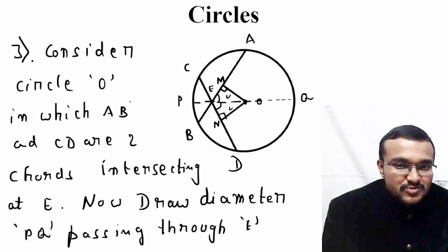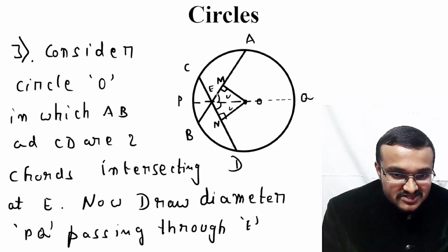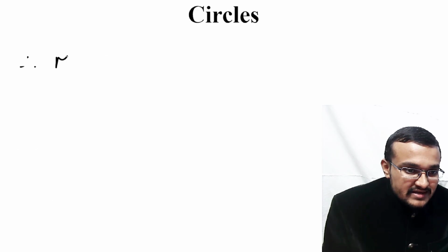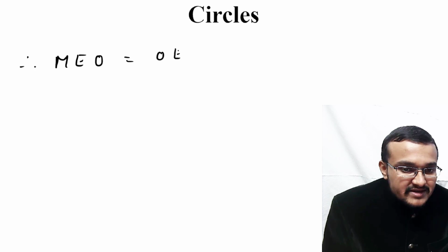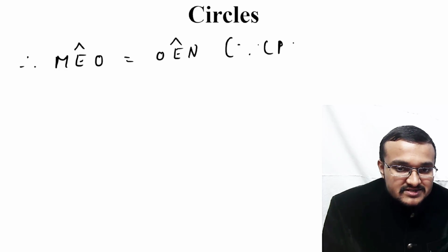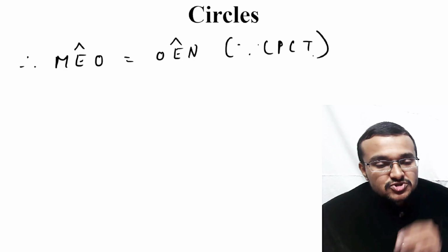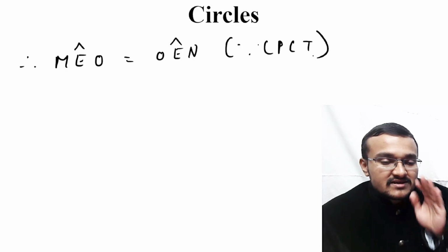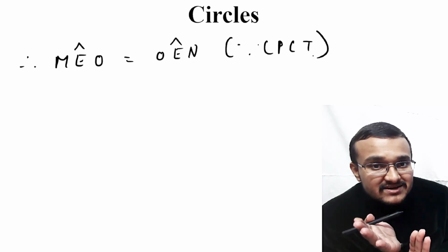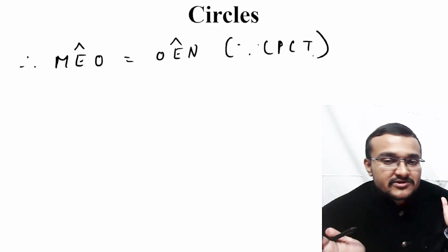Now all the corresponding angles and corresponding sides will be equal to each other. So that means here MEO will be equal to OEN. This is because of CPCT. So now we have proved that these two chords are making equal angles with the diameter of the